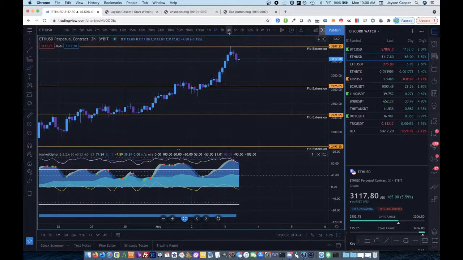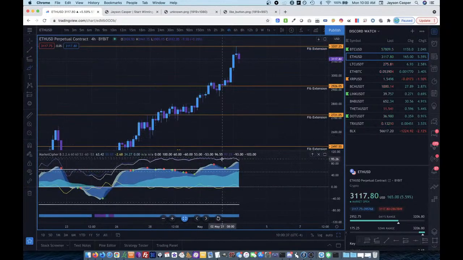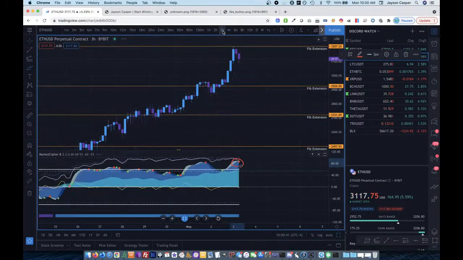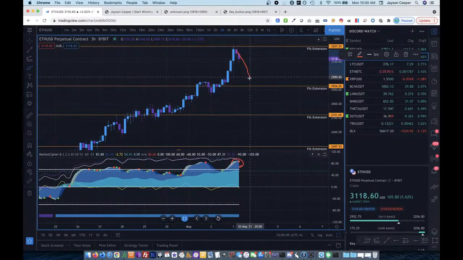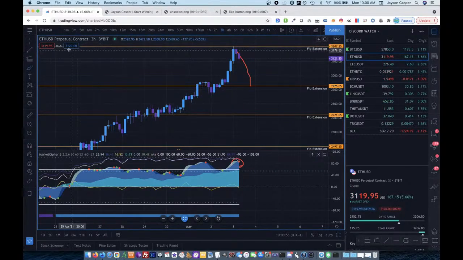So we come to the 4-hour time frame again for Ethereum, and we can see that things are looking like they do need to cool off. The 3-hour is giving us the red dot. We need to cool off a little bit. And so what I think is either going to happen is we're either going to come down and test potentially this fib extension down here, or I would also look and see if we will test